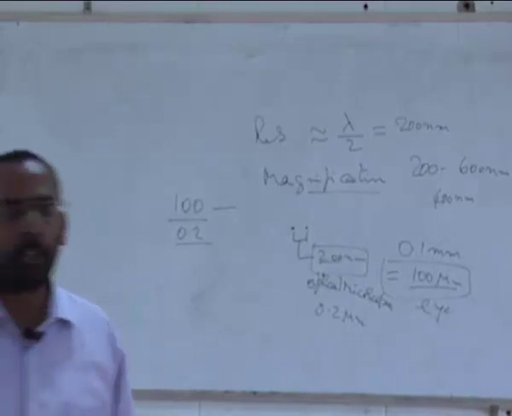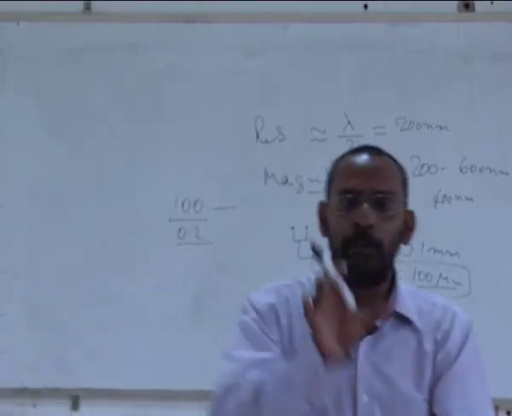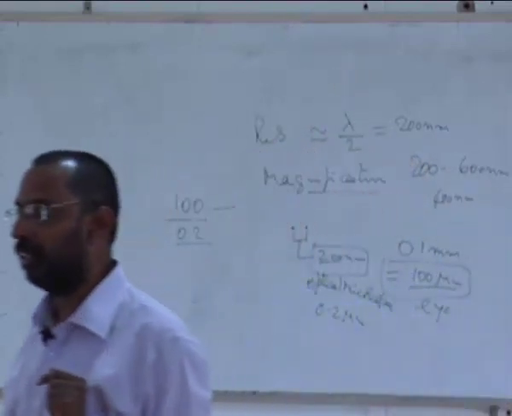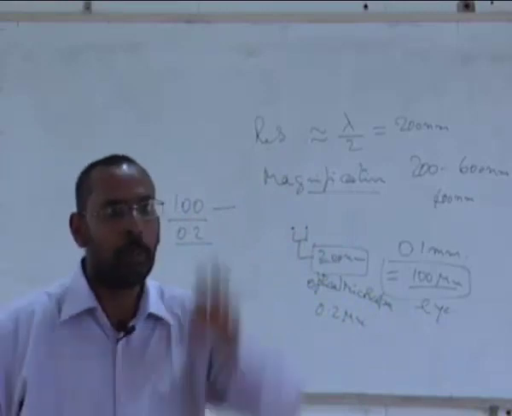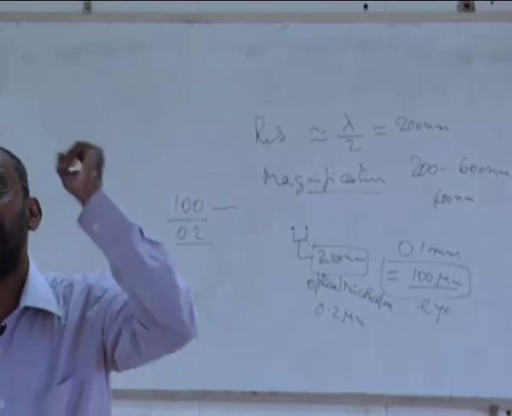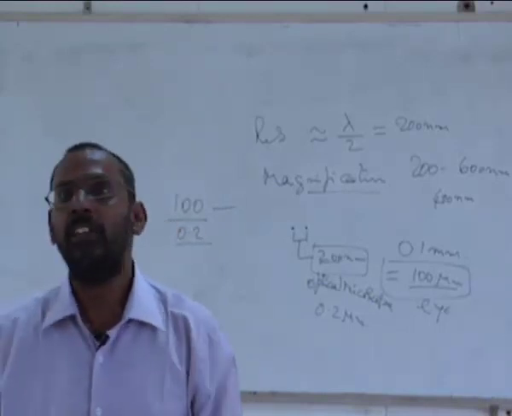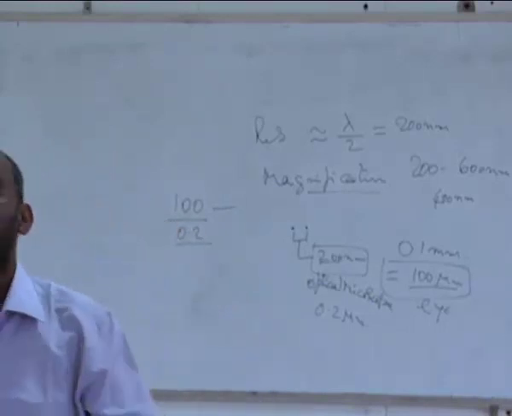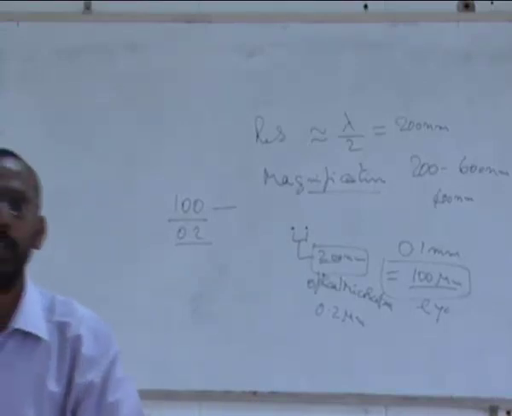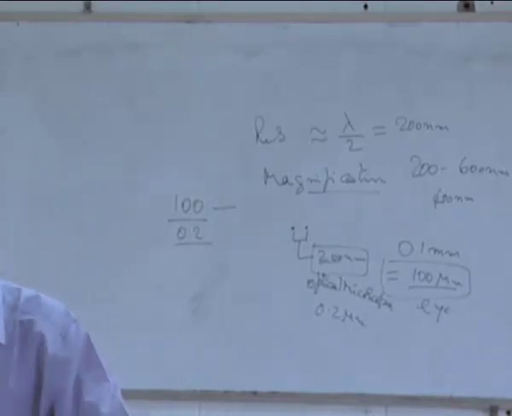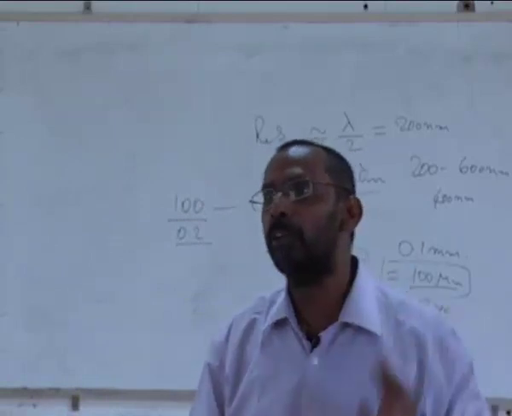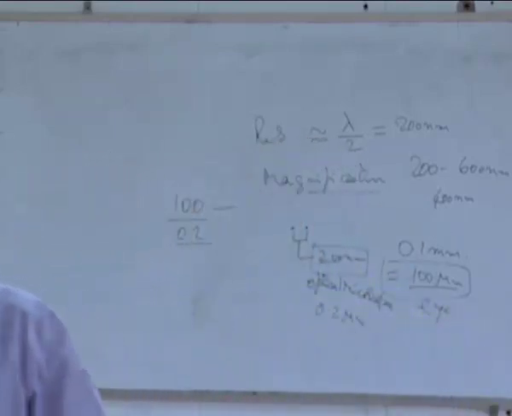If you see an optical microscope, you have a sample, you have an objective lens, you have an eyepiece, and you have an observer who is actually seeing it. So ultimately, everything has to be brought to a level where the observer can see it. The observer's limitation is that he cannot see anything which is more closely spaced than 100 microns. Anything which is closer than 100 microns, any observer, however Superman he is, possibly cannot see. I have not met a Superman, so I do not know. A normal human being cannot see anything less than 100 microns.